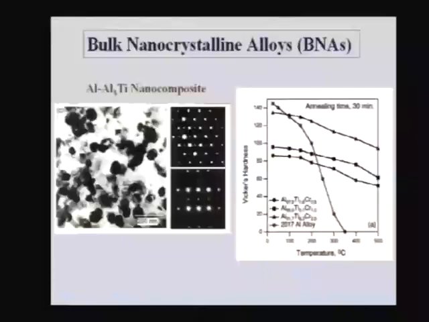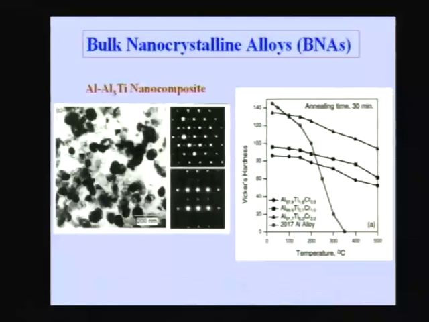This is an example of an aluminum alloy with Al3Ti particles in it. These are nanoparticles. You can see the scale there is of the order of around 200 nanometers, in which the individual particle sizes are of the order of around 50 to 20 nanometers. There are different sizes in the range of 20 to 50 nanometers. Such nanoparticles are embedded in an aluminum matrix, and these particles are ordered